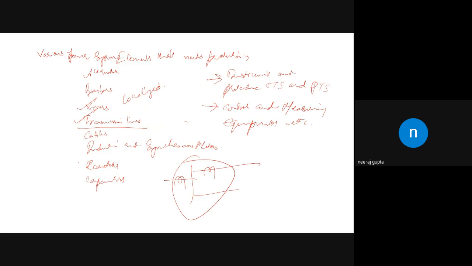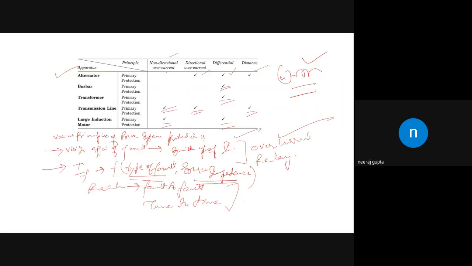Now next, various power system elements that need protection, like we discussed: alternators, busbar, transformer, transmission lines, cables, induction and synchronous motors, reactors, capacitors, instrument and protective CTs and PTs, control and measuring equipment, etc. So all of the elements of the power system need protection. However, it differs depending upon whether they are localized or not, so वो डिपेंड करता है।